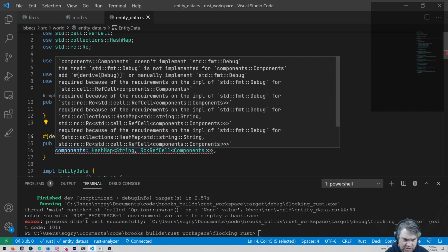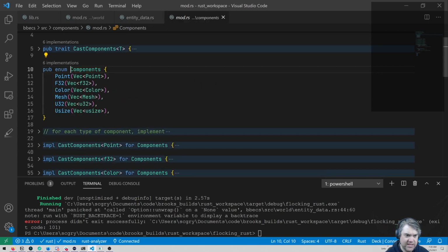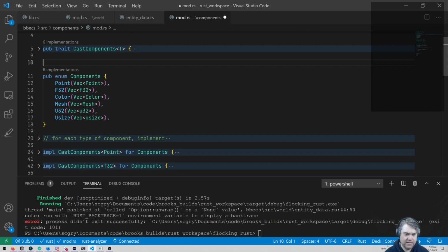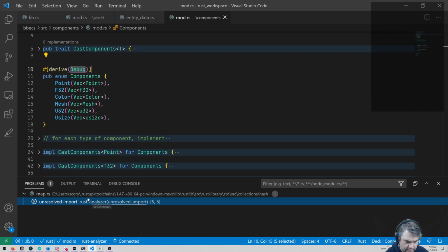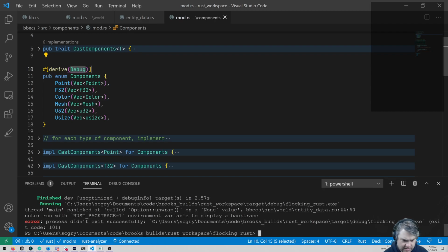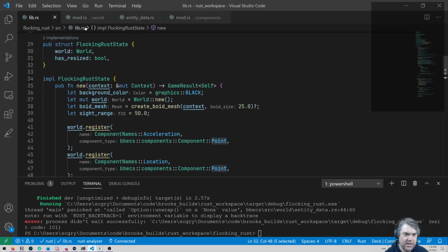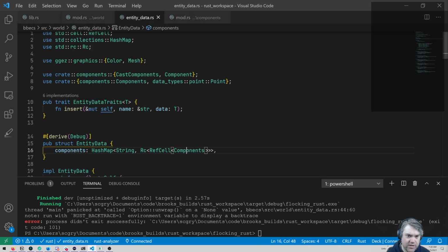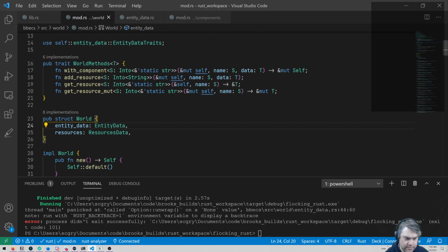That means string will be fine, hash map will be fine, but the components need a derive debug too. Okay, that should be fine then. And then, oh, I also need to make that public, don't I? I want it to be pub.